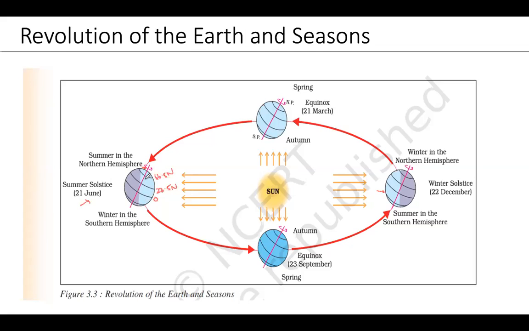So when the earth moves like this, then it comes here in September, and then in the position December. So in December, the summer part will be in the bottom southern hemisphere, the sun rays falling directly on this part, that is bottom of the equator. So this is equator and this is the Tropic of Capricorn. So the summer will be in the southern hemisphere and it will be winter in the northern hemisphere. This exactly happens on 22nd December, and we call this one the winter solstice.